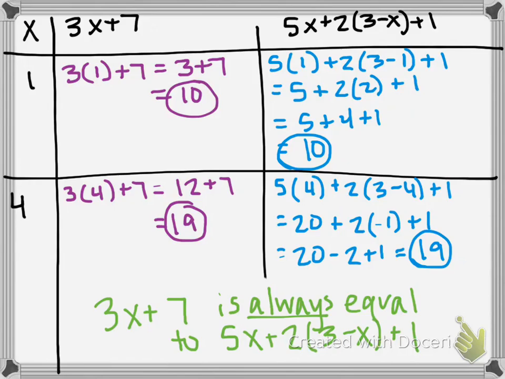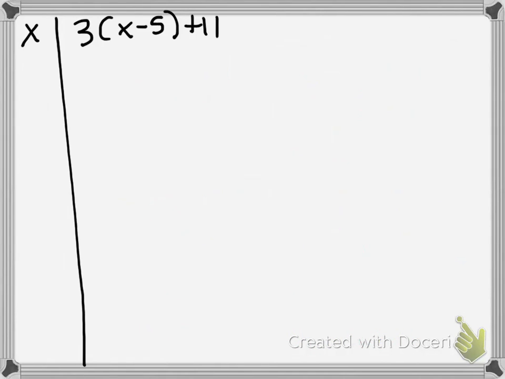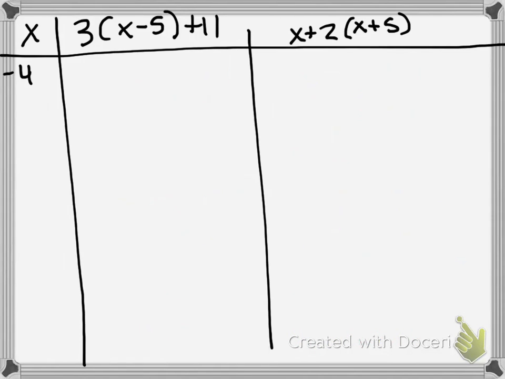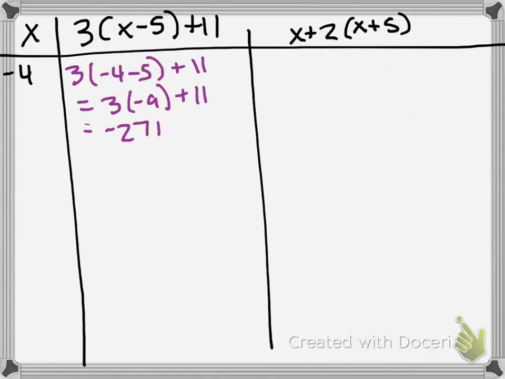Let's look at two different expressions. We have 3 times the quantity x minus 5 plus 11, and the second expression is x plus 2 times the quantity x plus 5. Our first value we're going to substitute in is negative 4, and I get negative 16. When I substitute negative 4 into the second expression,